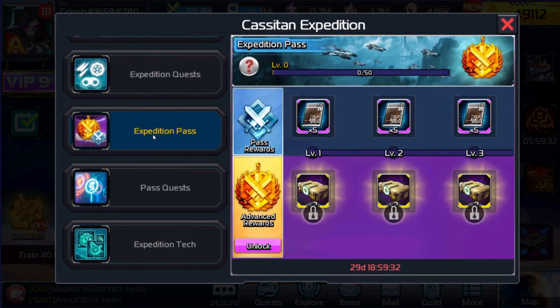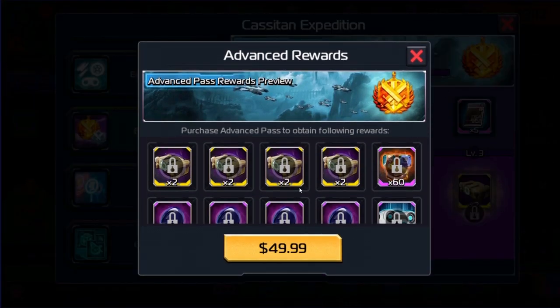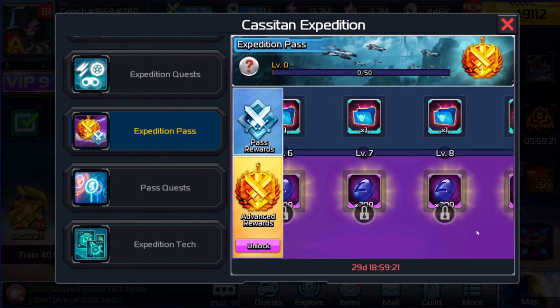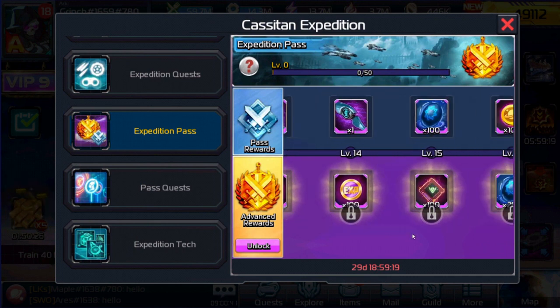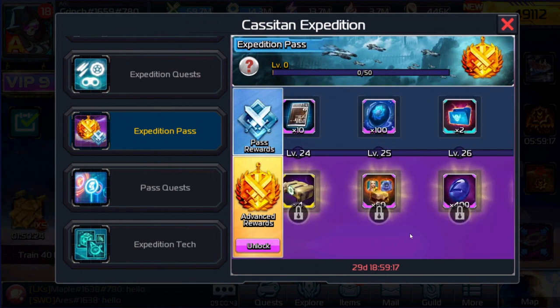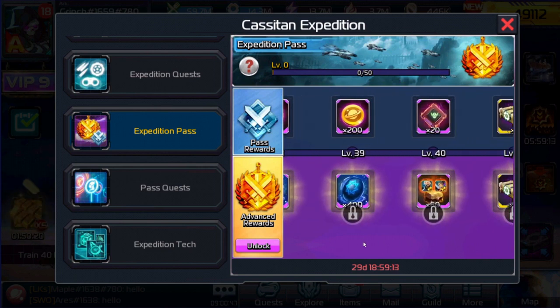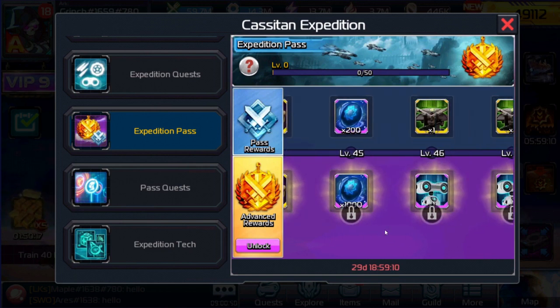And then if we jump to the pass, so you can unlock this advanced. It's $50. It's all right. Depending on where you actually get in this pass is whether or not you should spend the $50. If you're not going to complete it, then I wouldn't spend the $50. But you get some good free rewards, especially this later tier. As free to play,